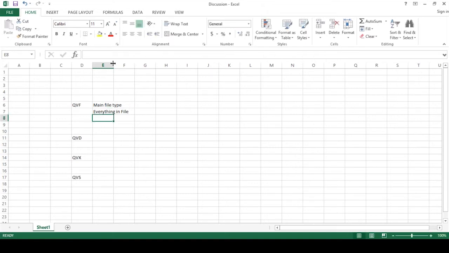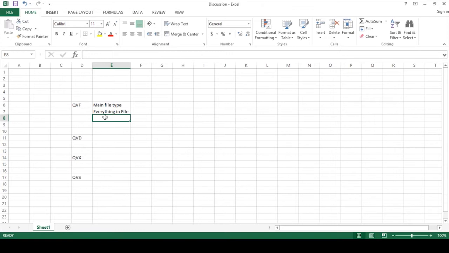One is QVF, QVD, QVX, and QVS. QVF is the main file type. You do everything in this file type. So anything you do in Qlik Sense, you will ideally be creating a QVF and doing it. So you would create an app, and the app would be stored in a QVF extension,